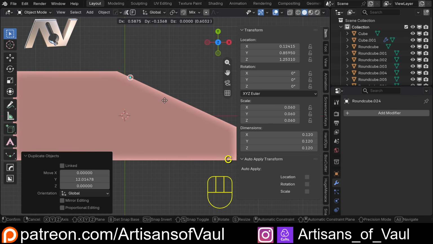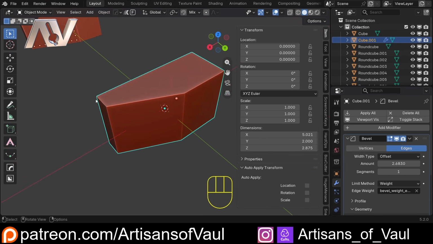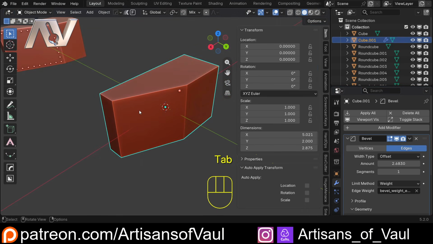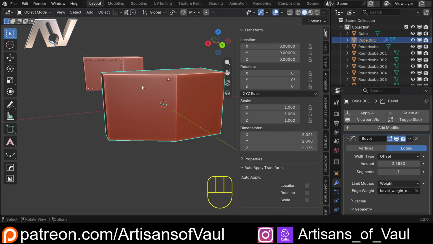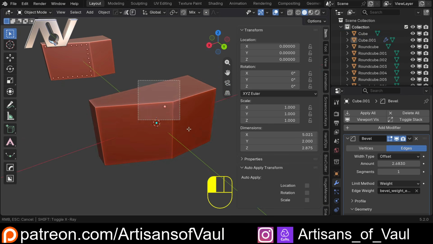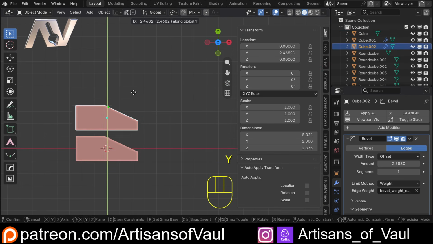If I decide that I want to do the same thing now, I can't. If I come into edit mode, I can't select this edge. It doesn't exist. That's what I mean by it being imaginary. And if I want to select this face, again, I can't select this face to use my other trick. So I have to go destructive. Except you don't. Now I'm just actually going to Shift and D and then Y and make another copy